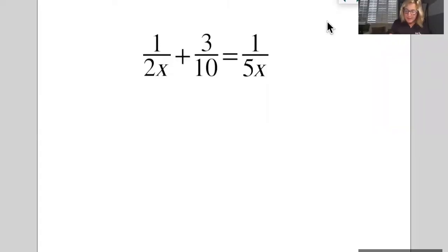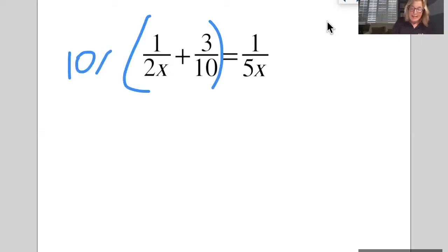So now sometimes we might have a variable in the denominator, and that would have to be accounted for as you're looking for that least common denominator. So we have denominators of 2x, 10, and 5x. So that 2, 5, and 10 we know are all common factors of 10. 10 would be the least common denominator, but we do have to include the x because it exists in some of the denominators. So this time we would multiply both sides by 10x,